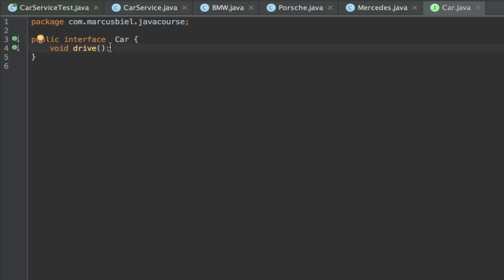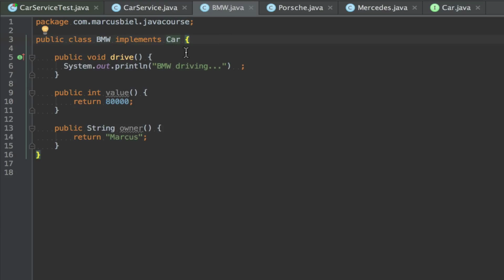But again, I want to warn you, I often see interfaces with tens or hundreds of methods, and sometimes it's just too much. It's better to have many interfaces and to have your classes implement several interfaces at once, so that you can decide what role your class is going to play.